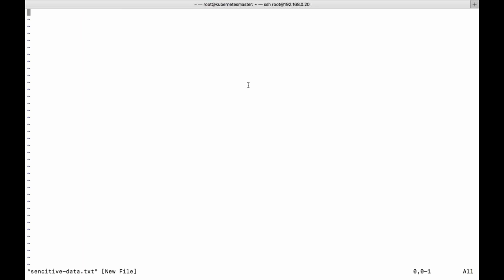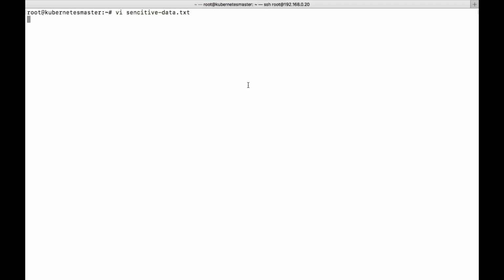Let us write admin. And my password is, let's say, Visual 8123$. Okay, so this is the password which I'm trying to store in this particular file.